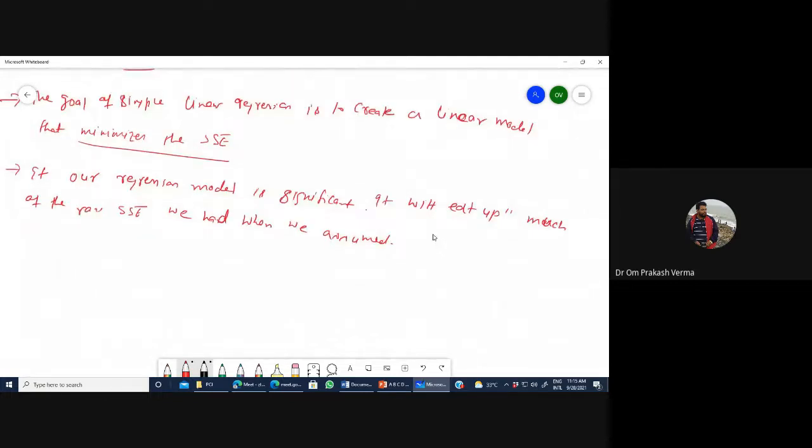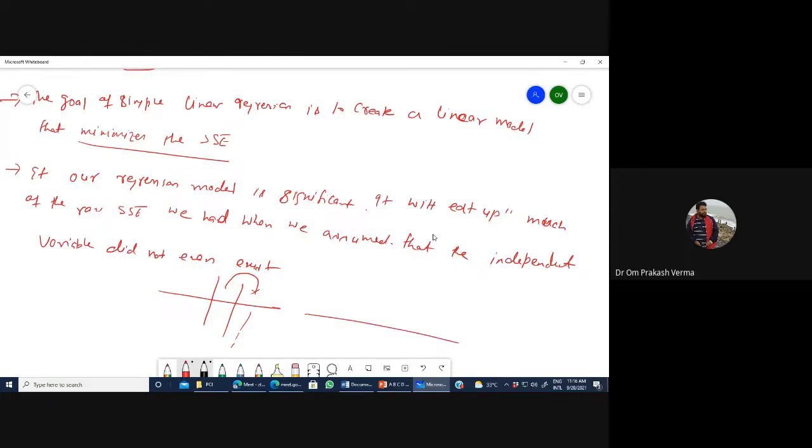So what did we assume here? We assumed that the independent variable did not even exist. हमारे पास केवल मील और केवल उसका अमाउंट टिप है. हालांकि टिप डिपेंड ऑन विच डाटा, that is the bill amount, and this bill amount is not mentioned here, and that's why this becomes typical. We got the linear line, a simple line.